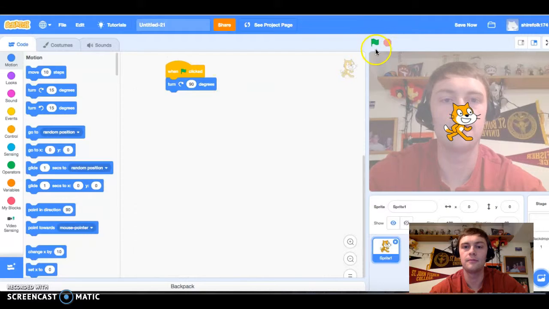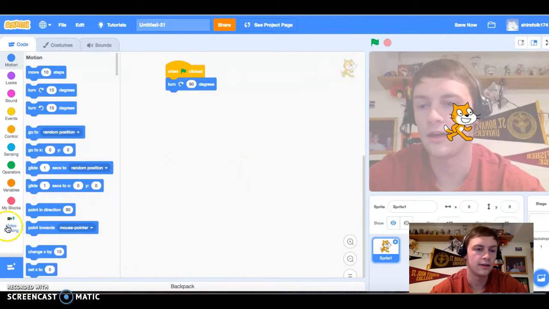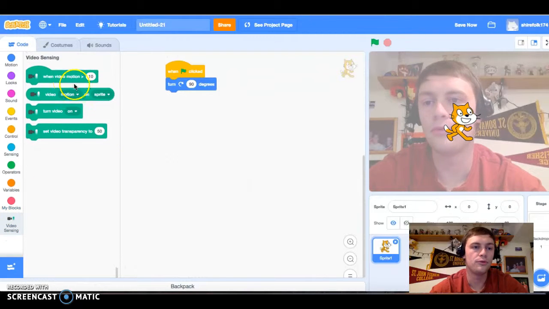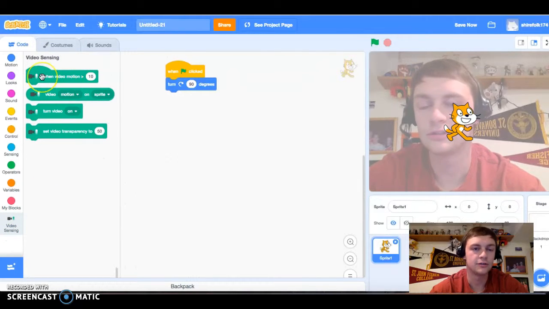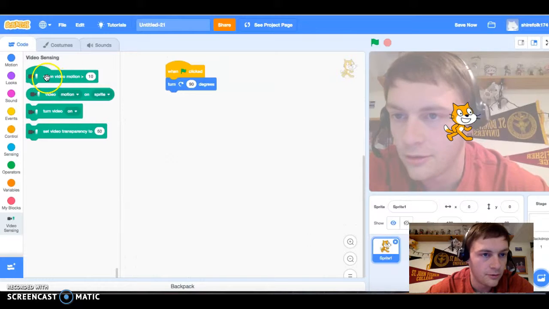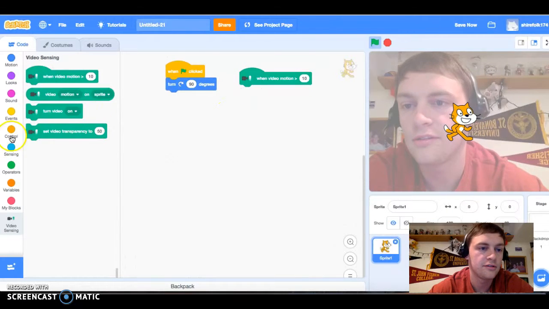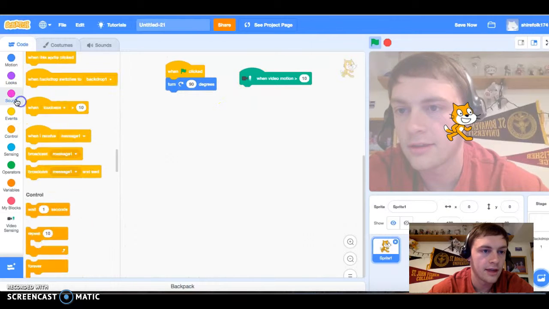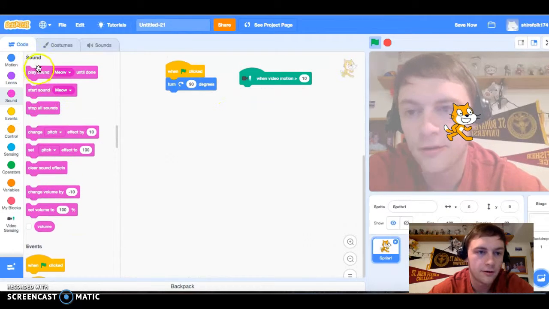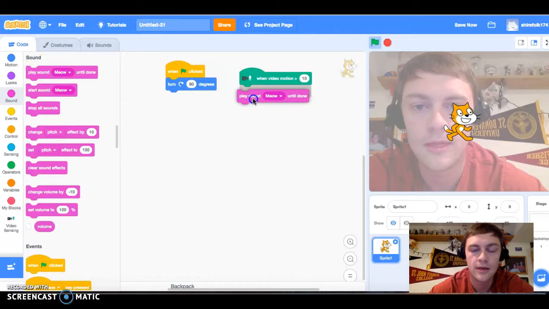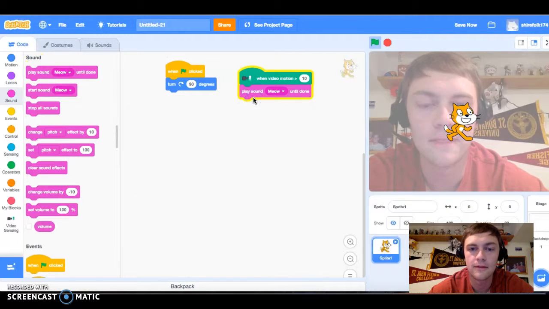Now that's from the mouse on the computer, but I can also make the cat move by, say, scratching him. So when the video motion is greater than 10, I can press this. I can make the cat meow. So I can play the meow sound, and so when I go, I'm going to make the sensitivity up a